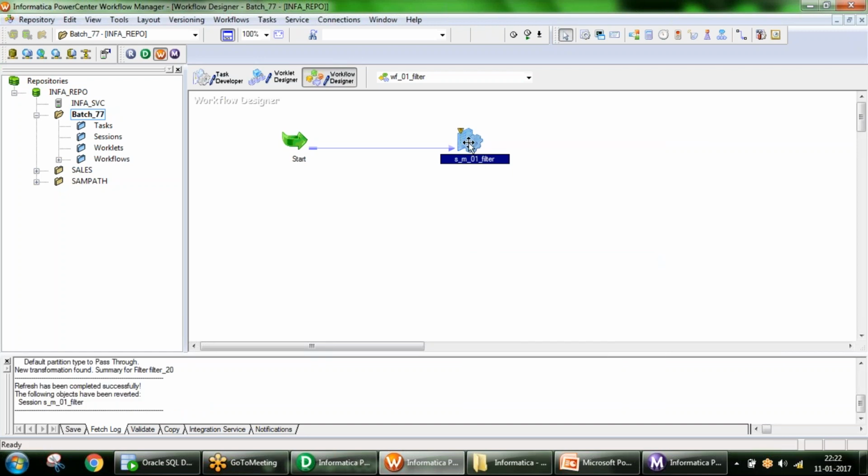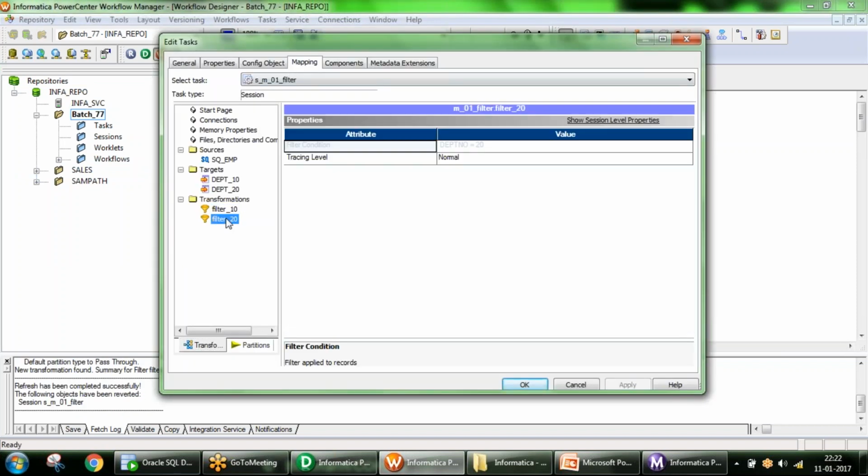Just click here, you will get an invalid symbol, meaning something is updated. Now it is refreshed. Now go ahead and validate, then save it. Now if you go and see, you can see the new changes: the new target and the second filter transformation. Clear? Simple. Whenever you are doing something at the mapping level, simply you need to refresh your session to reflect all the changes.